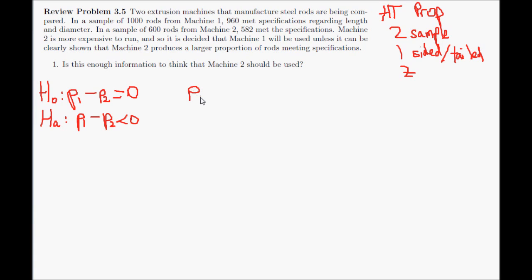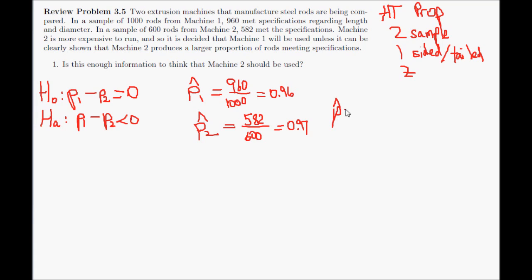Before getting started on this, let's put down a few things that we need to know. The observed proportion for the first machine is 960 divided by 1,000, which is 0.96. The observed proportion for the second machine is equal to 582 divided by 600, which is equal to 0.97. And therefore the pooled proportion under the null hypothesis is equal to the total number of successes, which is 960 plus 582,